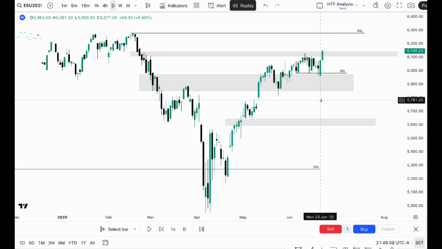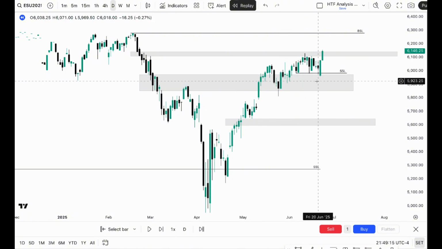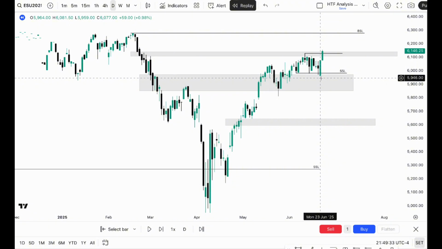So we see that Monday price ran this sell side liquidity right here, tapped very briefly into this inversion monthly fair value gap. We expand higher on Monday. We expand higher on Tuesday as well through this high. So we are seeing at the daily level what we are expecting to see based off of that weekly bullish bias. We're seeing that price opened, ran lower into a discount array, and then we are expanding towards the opposite